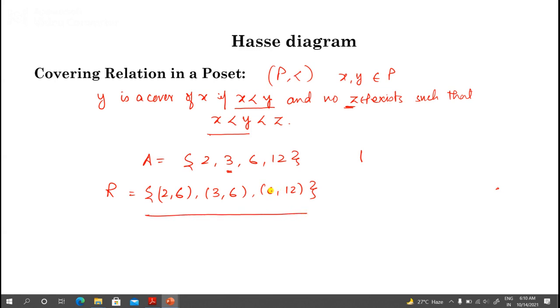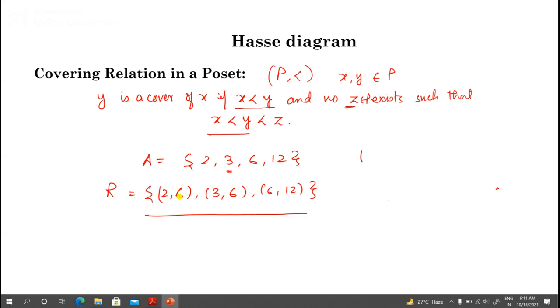So to draw the Hasse diagram, we have to first find the elements of this covering relation. It is not necessary to write the elements of the covering relation. If you can understand without writing these ordered pairs, then you can draw the Hasse diagram without writing this covering relation. So to draw the Hasse diagram, for all these elements we use vertices like dots and we have to show these ordered pairs as a hierarchy. It means we have to show that 2 is somewhere at a lower level and 6 is somewhere at a higher level and there is a covering relation between 2 and 6. To show this covering relation, we use an edge between 2 and 6.